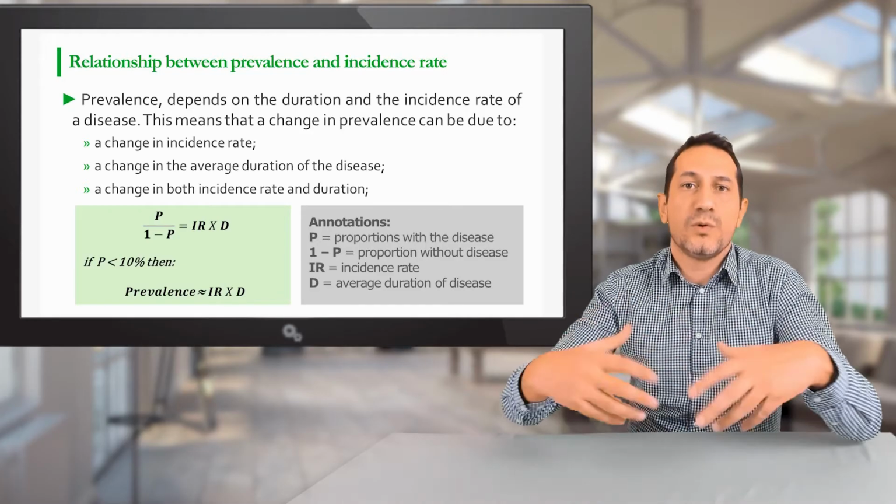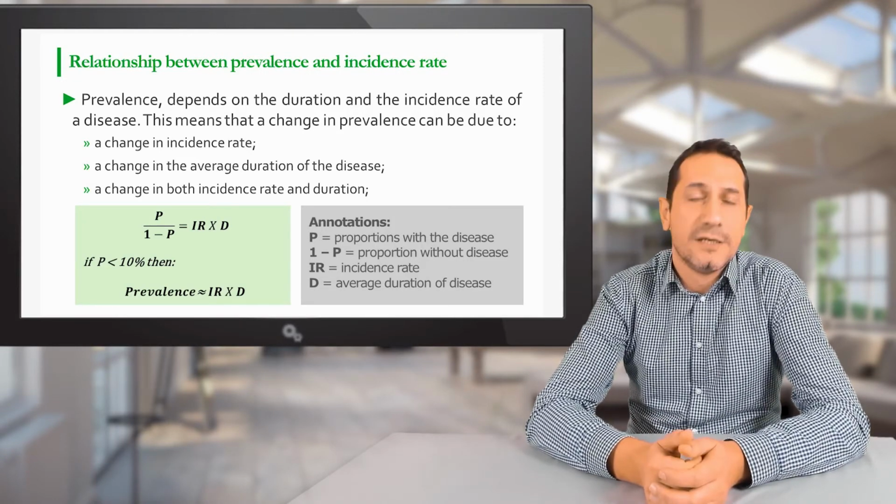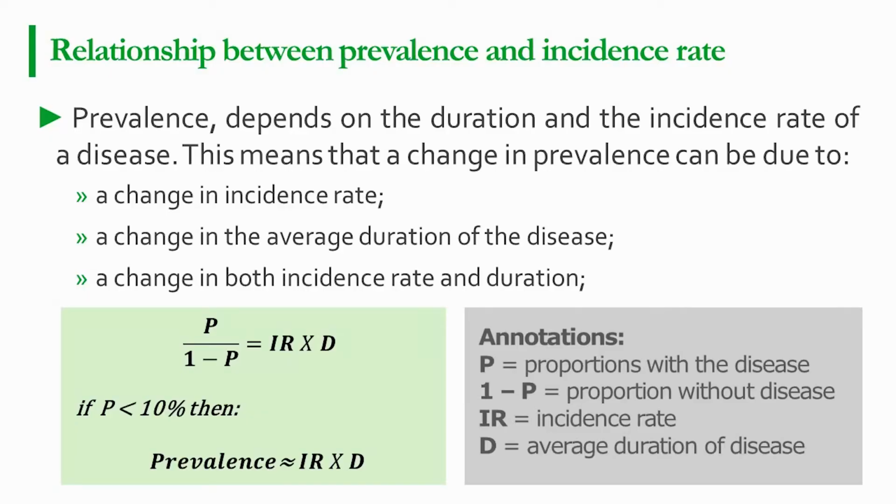And the mathematical relationship is that the proportion of animals with disease over 1 minus the proportion with disease, which is the proportion of animals without the disease,